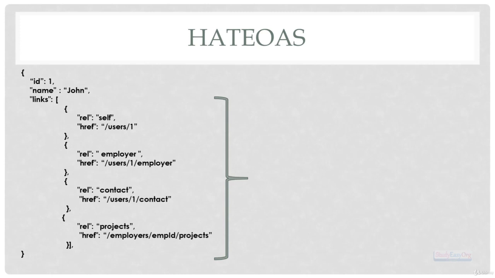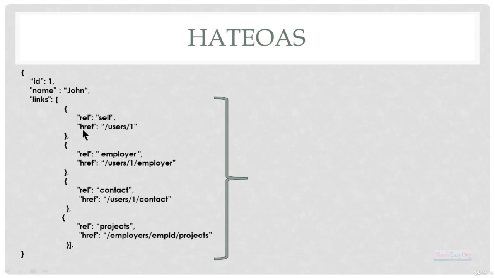Now, what is the advantage of using this? For example, we need not worry about links. We will simply ignore links and we will simply use the user information. Now, for example, we would like to use the link information. We can definitely check the array and we have the relationship again. So we have link, we have relationship. Inside the relationship, we will specify the relationship between the current resource and the linked resource.